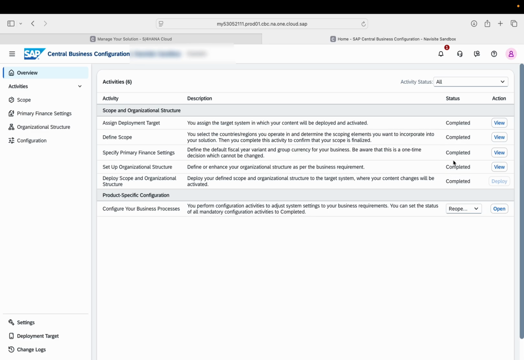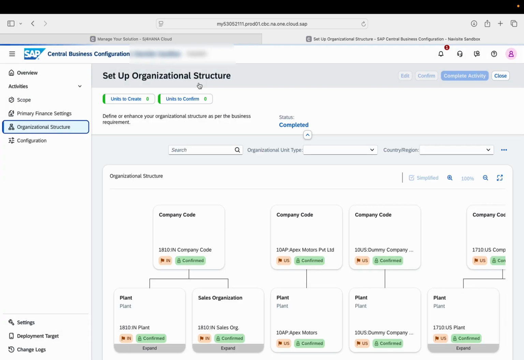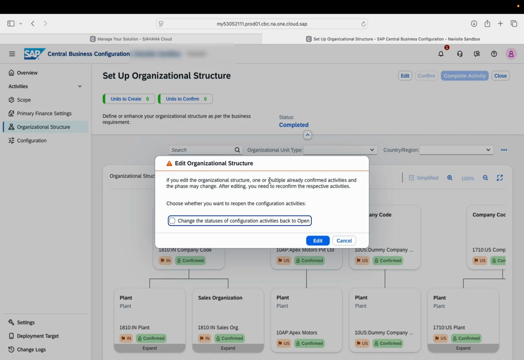We need to reopen this in order to do any setup in the public cloud. So how can we do that? We need to go to the organizational structure. Once we go there, we can see all the company codes which are already created in the system. Here you can see the option edit. Just simply click on edit. The system will pop up the menu.